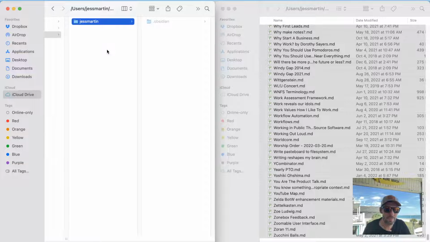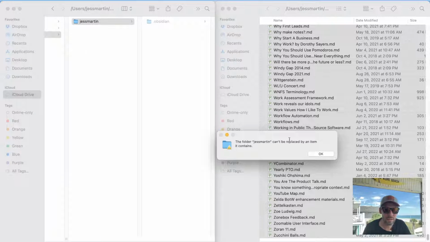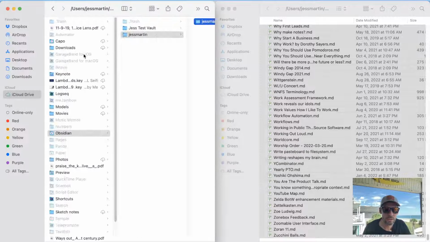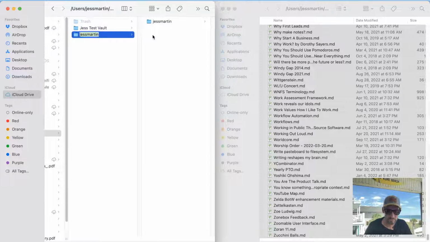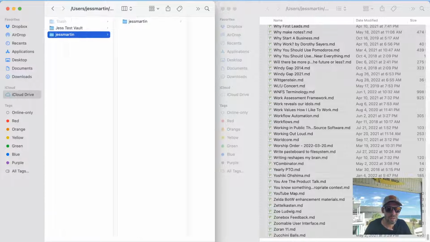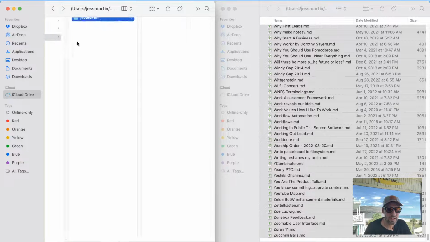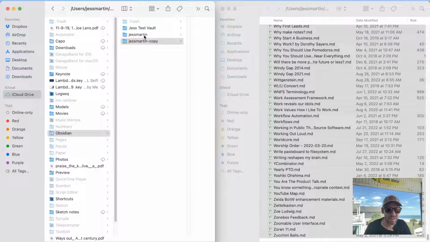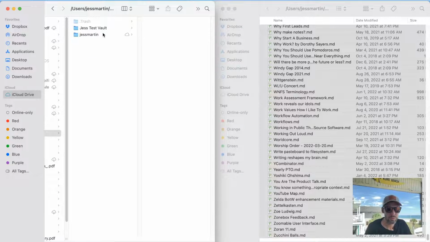Whoa, I somehow doubly nested this. All right, let me move it back to right there. Oh yeah, and you can't delete the thing. Okay, silly. Jess Martin, copy. And then I'll move this to there and delete this folder called Jess Martin copy. Now we got it, all right.